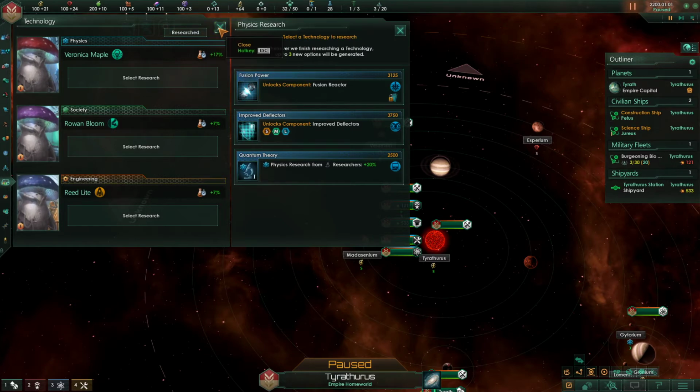So clicking on the physics icon opens up the physics research window, and we're automatically able to choose from the 3 options that our scientists have managed to concoct for future research. For physics, our researcher is researching anything effectively. He gets plus 10 bonus on any type of research, so we can choose whatever we like right here. It's going to cost us